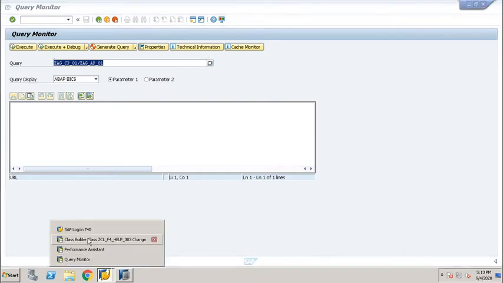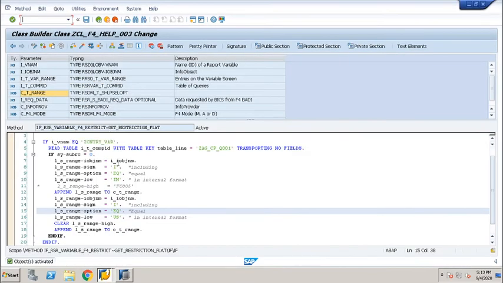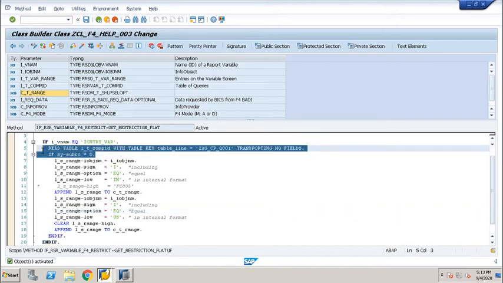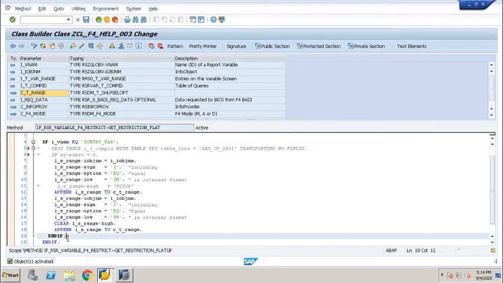What we will do is go into this particular method. Here is a condition, read where this one. I will just comment out this one. Let's say this if. So what it will do is, if this variable is there, it will apply this condition. Okay, that is very nice.